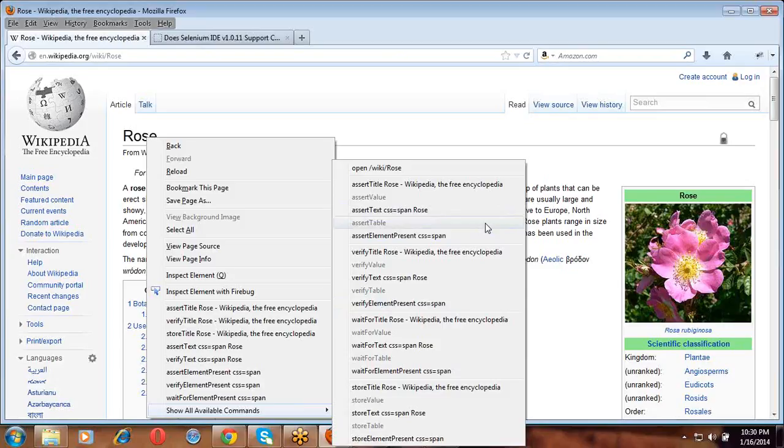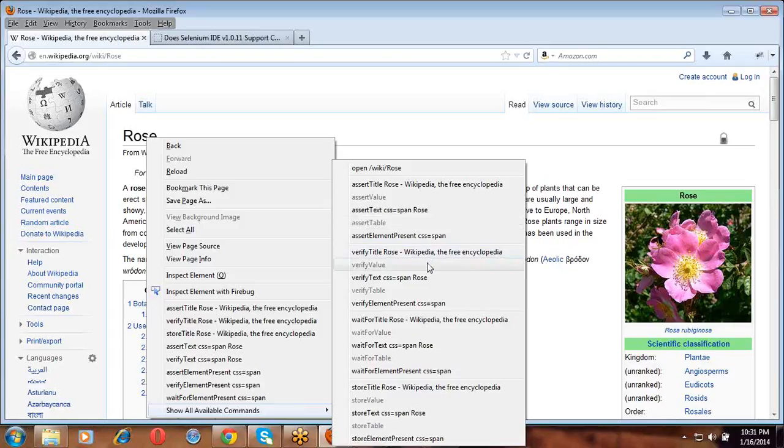Assert, I think if you're just putting it as a checkpoint, and maybe if we select verify, it will see if that option is present or not. Both will perform the same thing. However, there is only one difference. If I use verify